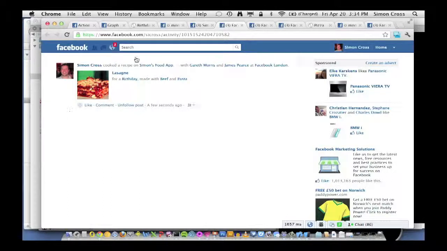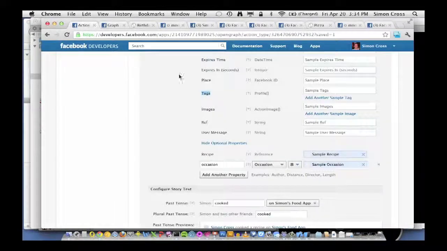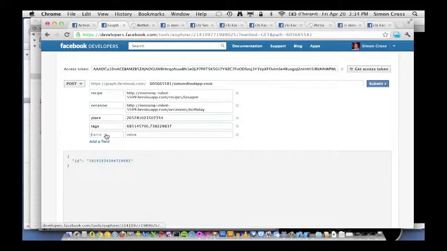And there's one last thing we can do too. So once again, let's go back to our application settings, and there's this new parameter called user message. So we can go back, and the final thing is add a message parameter. Say, this was delicious. You can guess what's going to happen. I hit submit,